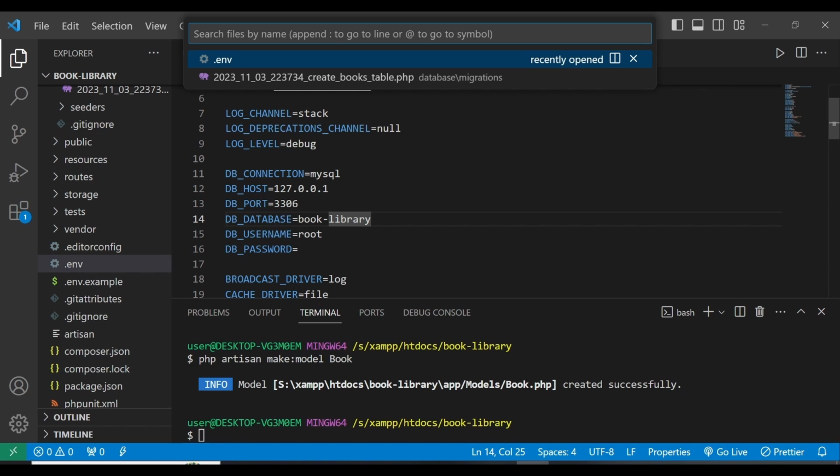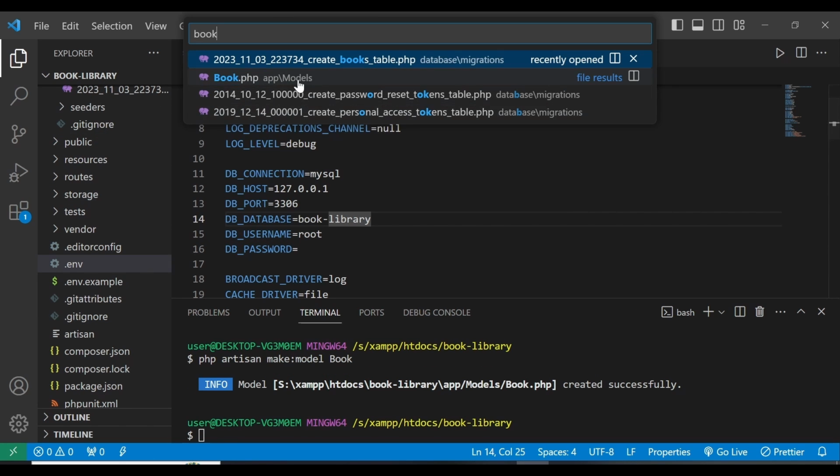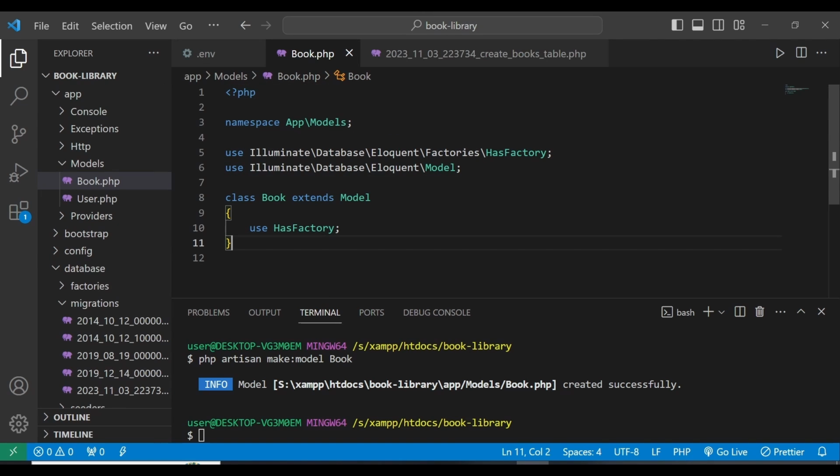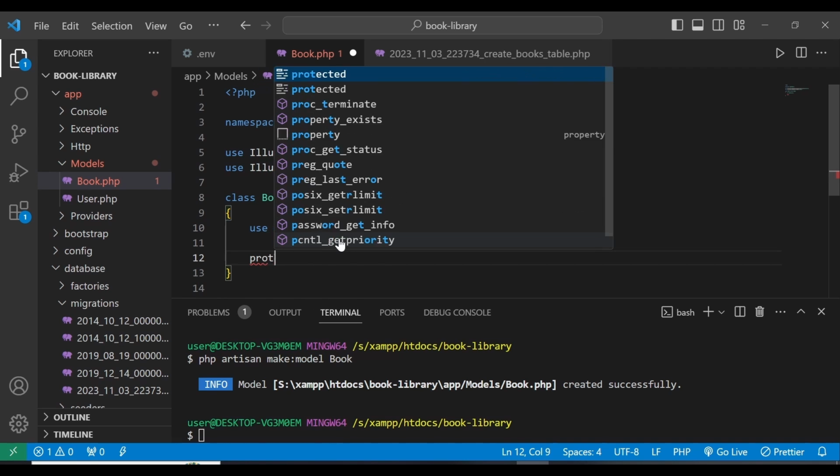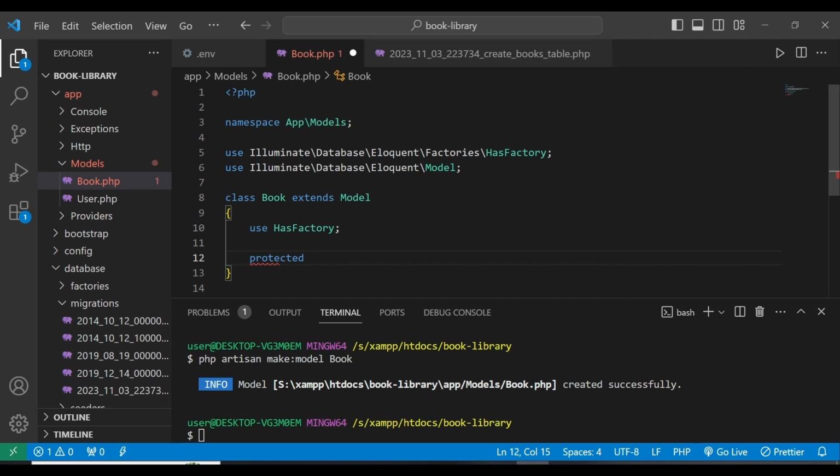Okay, so here we come and check. So this one is book.php. In the book.php here, we are going to do several things. We are going to have protected. The protected here is this one here, and then we're going to say $fillable, which is equal to